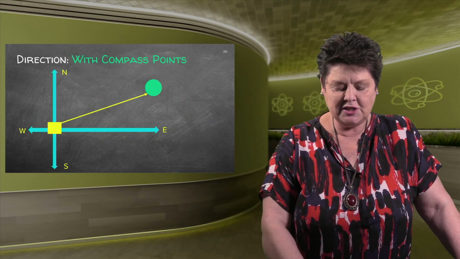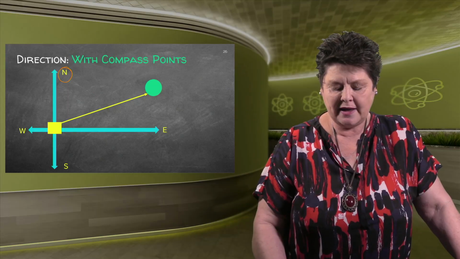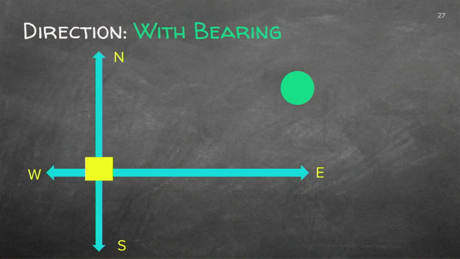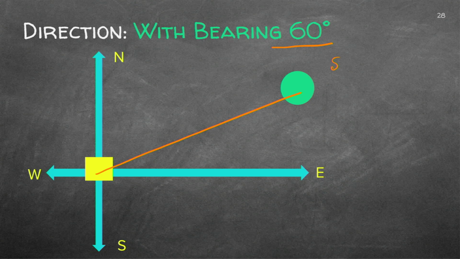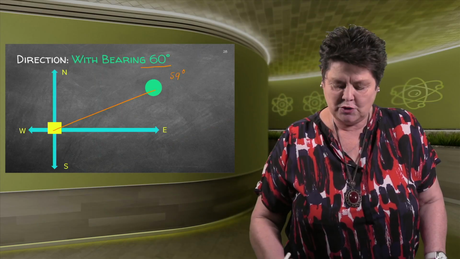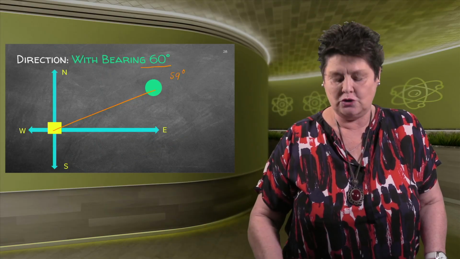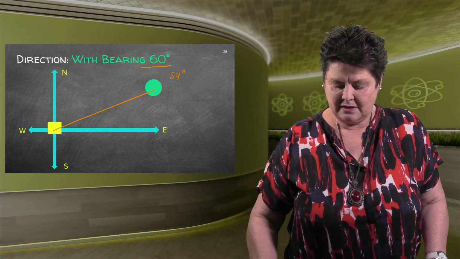So with compass, you can always use north and east. In bearing, you will use the north clockwise and indicate the angle. Be careful that you always use the right bearing. So this bearing will be almost 60. We found it to be 59 degrees. Careful, accurate. Every time you work through something, have a look at your answer and say it makes sense.